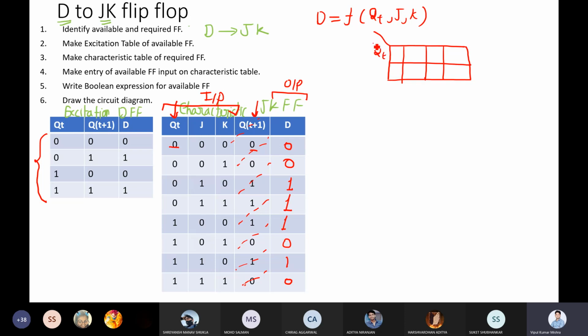It's Qt bar, Qt, J bar K bar, J bar K, JK, JK bar. Now let me fill the entries. It's 0, 0, 1, 1, 1, 0, 1, 0. Am I correct or not?